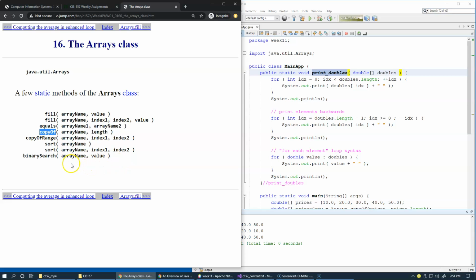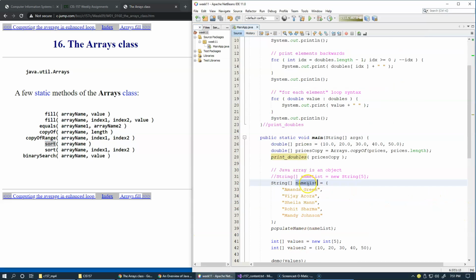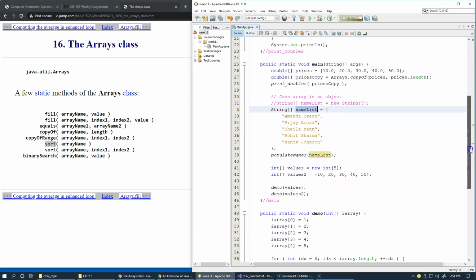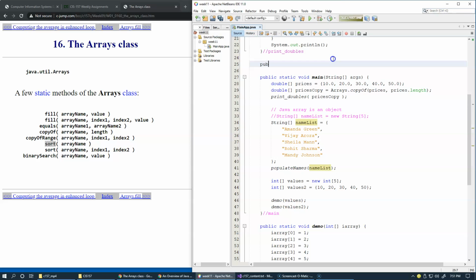Another interesting feature here is a sort. Okay, so let's sort, for instance, the array of our name list. So if I wanted to, I'll just scroll this up a little bit and just say public, public static void